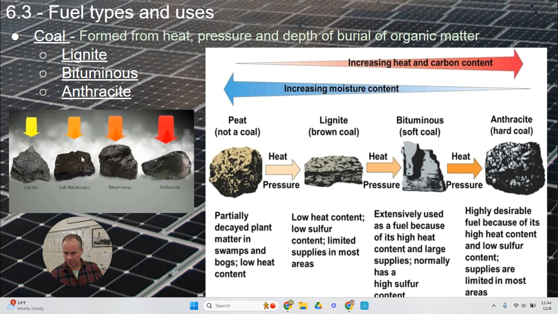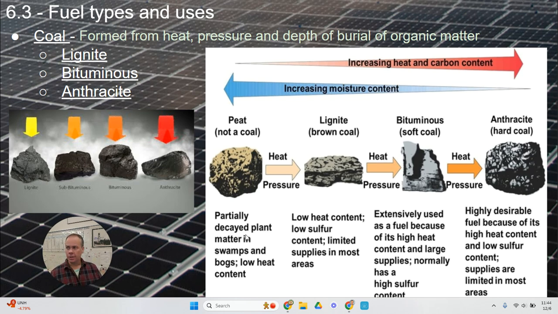We can see some of these different types of coal. There are various categories of coal that have different heat content, different characteristics. If we start in this diagram here, we have peat, which we just talked about,